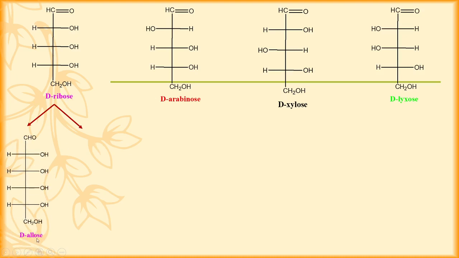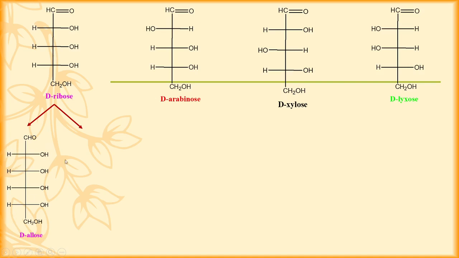The first one is D-allose. So here this is the hexose, hence here we write the 6 carbon atoms. These are the 5 carbon atoms, and only after adding 1 carbon atom over here. So we write here one more carbon atom and this is the left hand side structure, therefore we write the hydrogen on the left hand side. So this is the structure for D-allose.